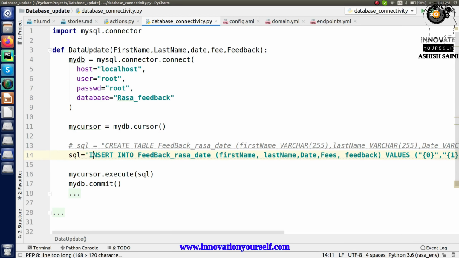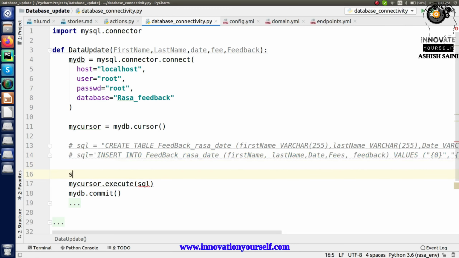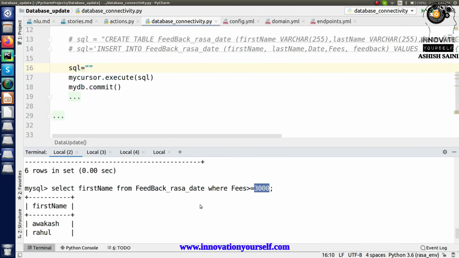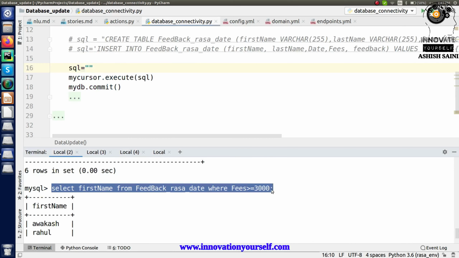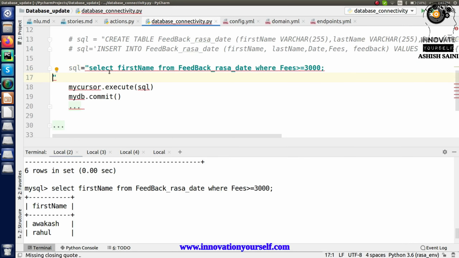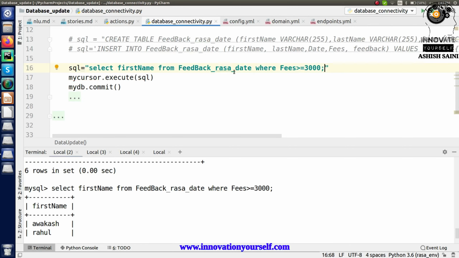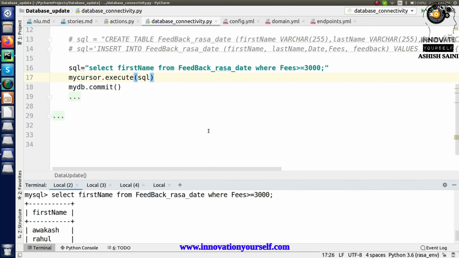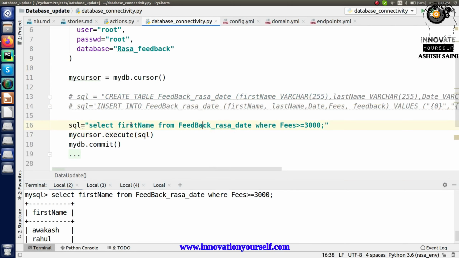So let me just update the query, and accordingly let me just update my cursor as well. So let's just write the query as well. As I have shown you just right now, to collect that information, we need to have this query which I'm having in here. So let me just update it accordingly, because in here what you can see is like select first name.